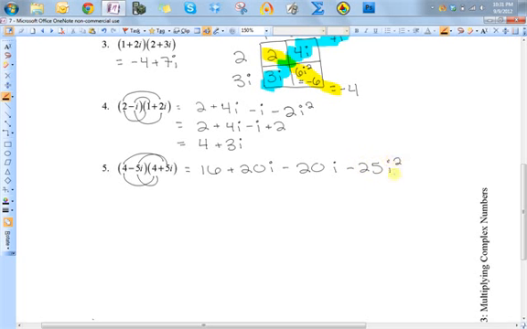So let's rewrite this i squared. So it's 16 plus 20i minus 20i plus 25. Well, now notice the two terms in the middle. The two imaginary parts cancel each other out, leaving me with just 16 plus 25, which is